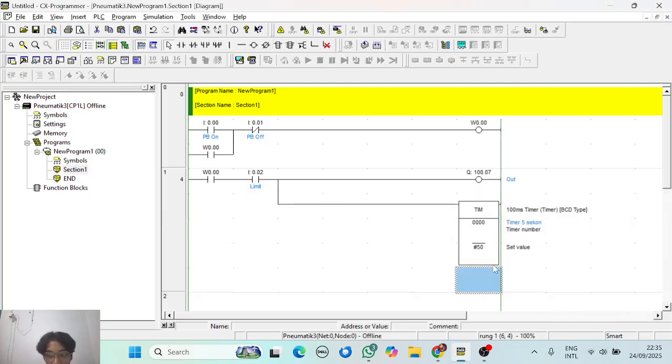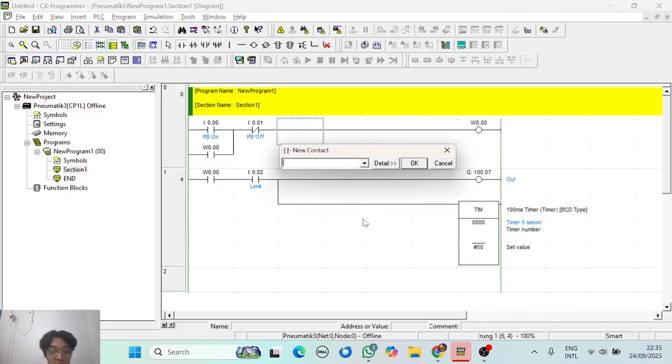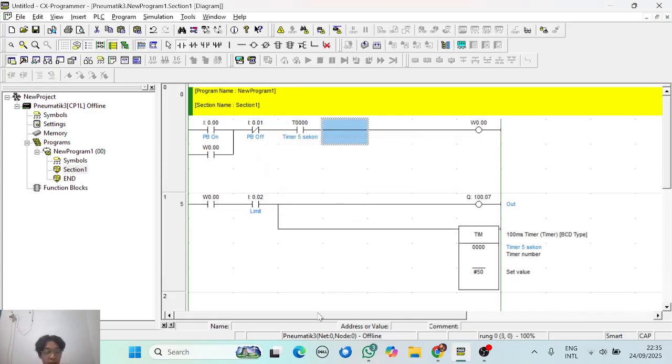Okay, good. To activate this out, we should add a normally open contact symbol that we name T000. Nice. Okay, the ladder PLC program is finished.